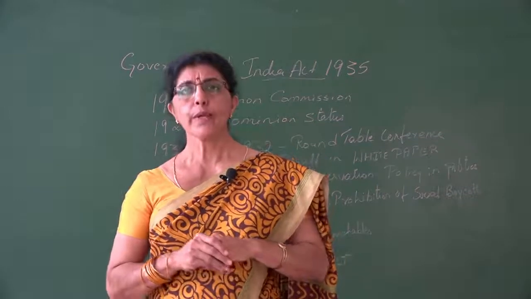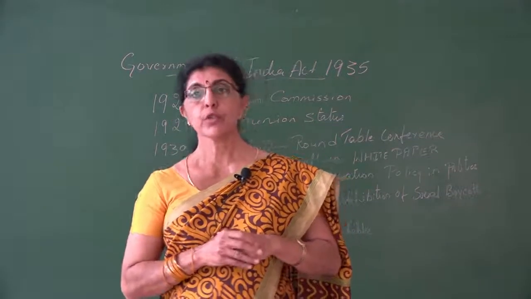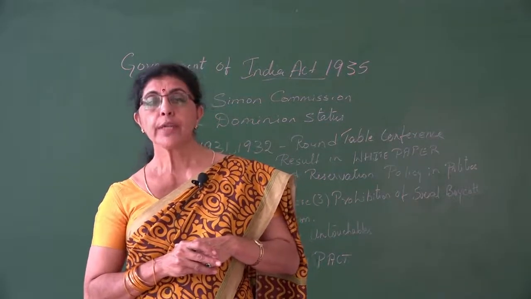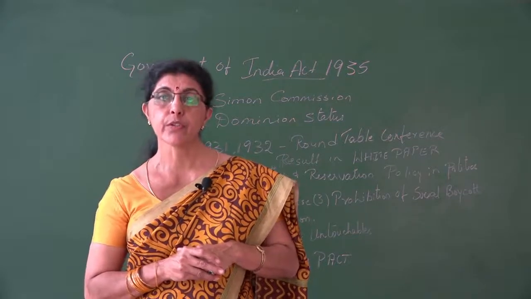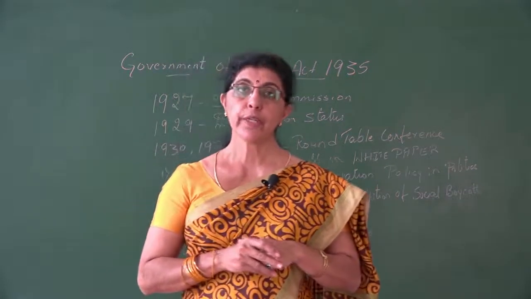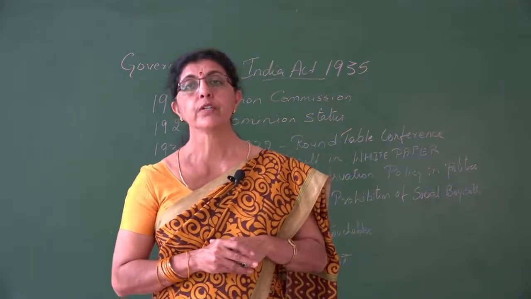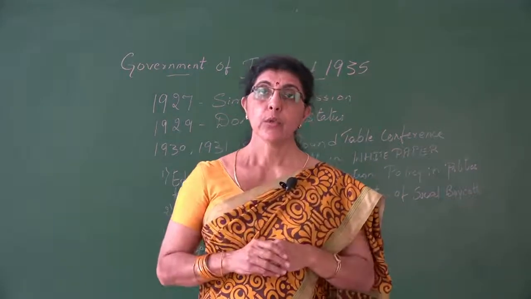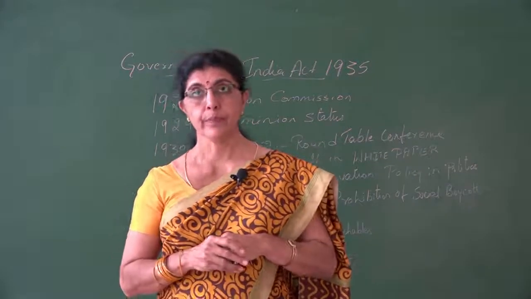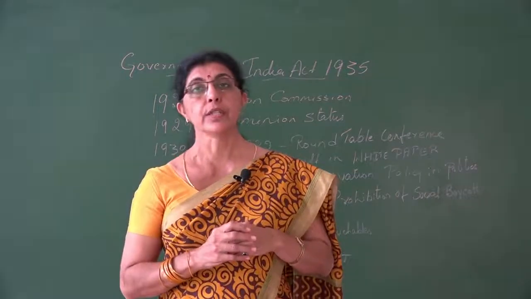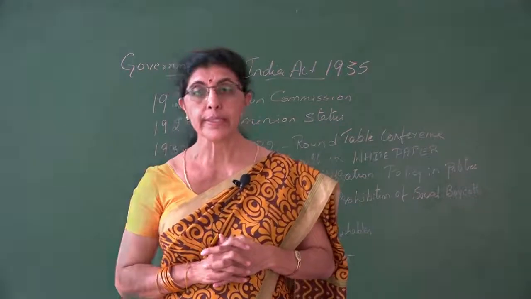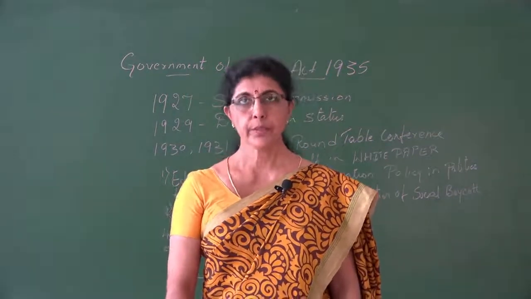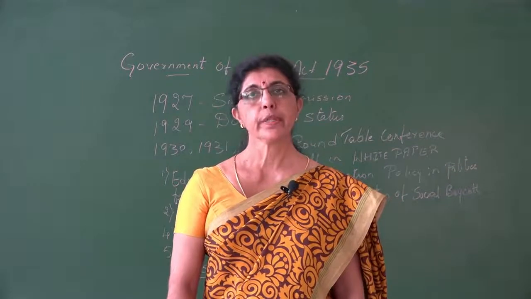But what was this for? The main idea was to inquire into the passing of the Act, the working system, and to check the development of the representative institutions, with a view to modify and restrict the degree of responsible government in India. This committee which visited India was called the Simon Commission. It came as a concession, as an early revision, which was a demand by the Indians. Sir John Simon and 7 other members of the British Parliament came as a team.